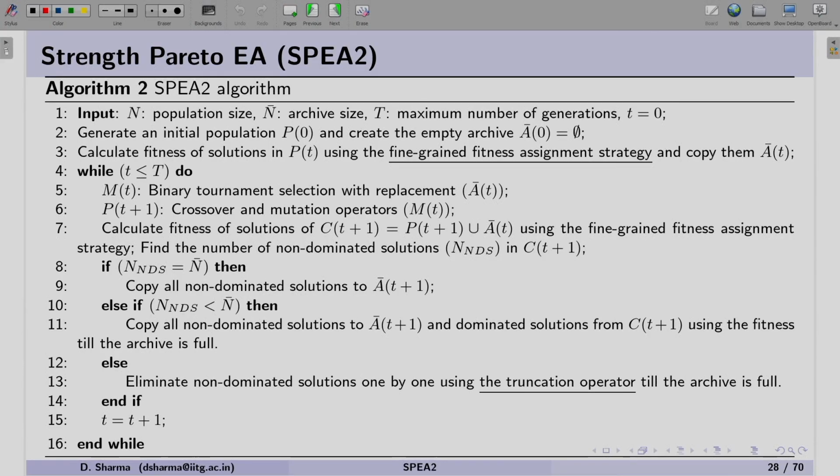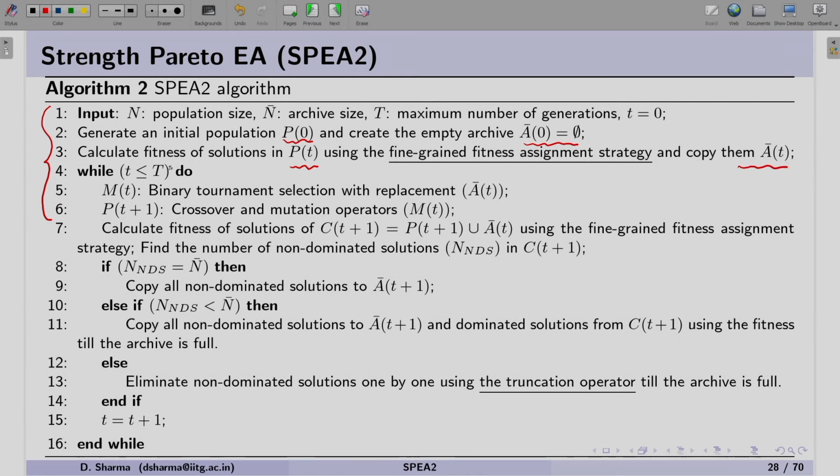If we look into the generalized framework which we are following, for SPEA2 we have finished steps 1 to 6. We started with the initial population and kept our archive empty. Thereafter, we assign the fitness to all the solutions in the population and copy all of them into the archive.